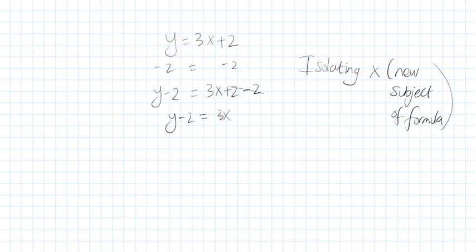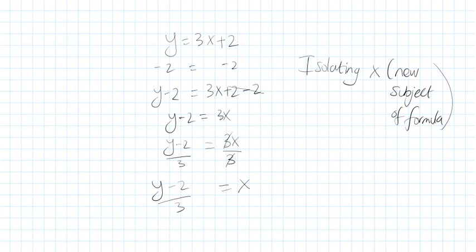We got rid of the plus 2 by doing minus 2 on both sides. Now we need to get x, then there's a 3 in front of it. So to eliminate that 3, we need to divide by 3 on both sides. So if you divide by 3 here, you divide by 3 on the right hand side. What will happen is that the 3 will cancel out, and you will get x equal to y minus 2 over 3. Alright,